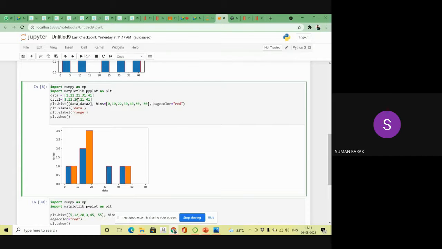So what I write is hist type equal to bar stack.